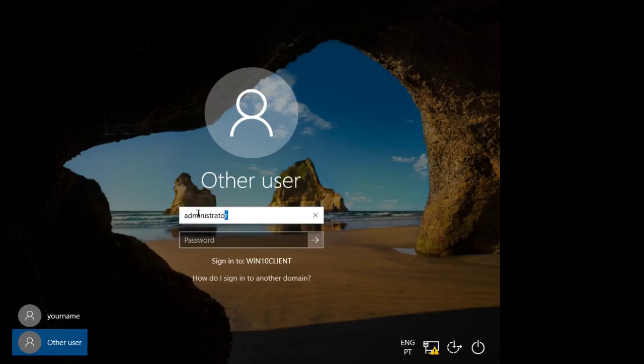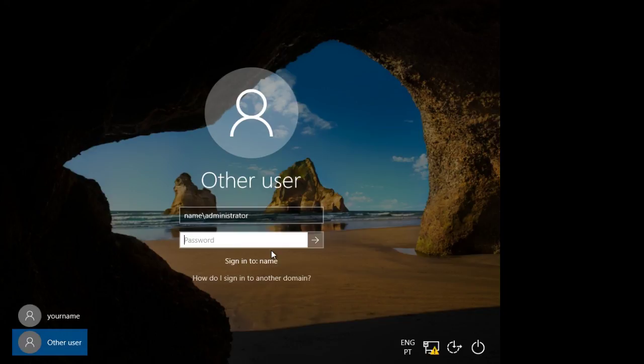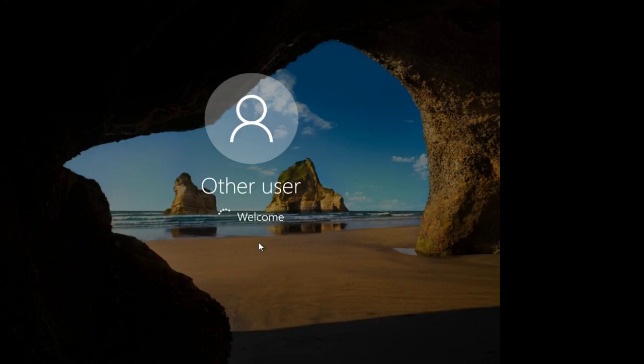Look, since we write administrator, it will try to sign in to Win 10 client. That's because we installed it in English, and there is also a user administrator, the default installation user, and we have to change it. So we have to say name.administrator,